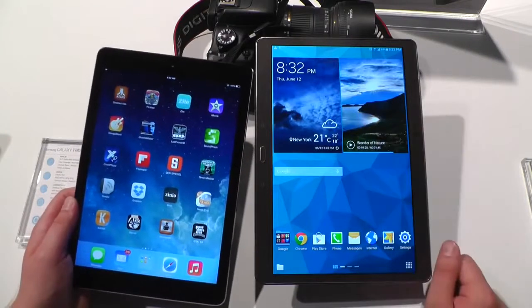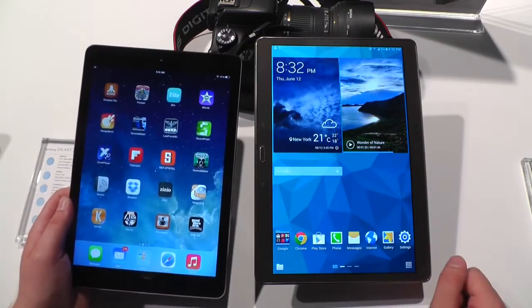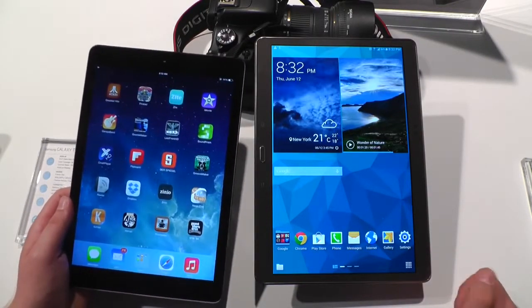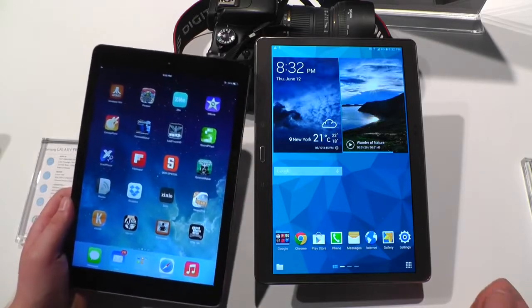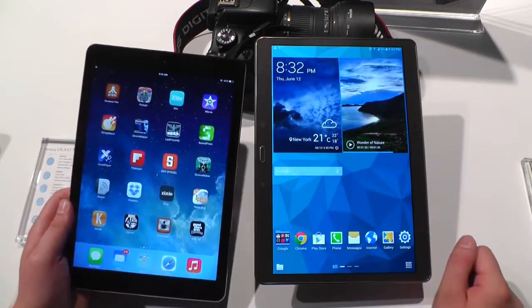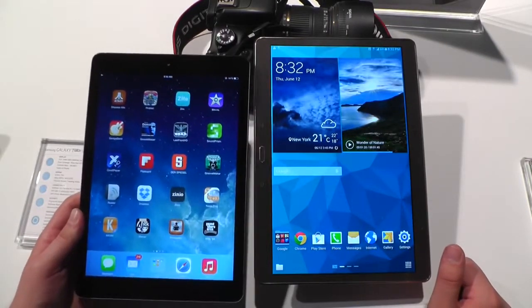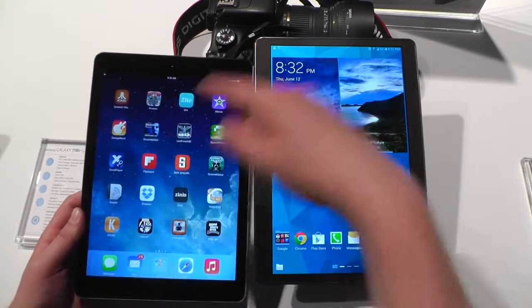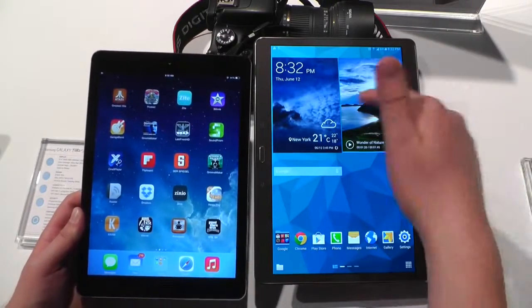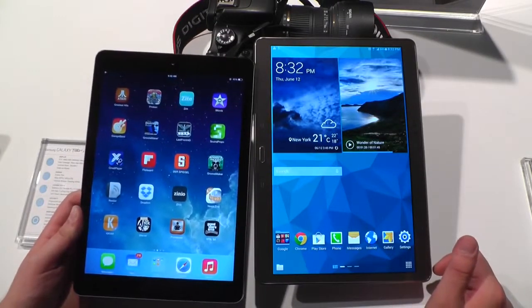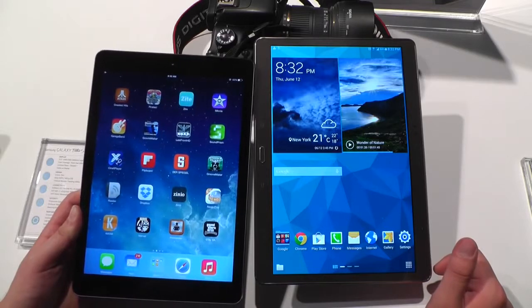First of all, one of the big differences is the size of the display. Well, maybe not that big, but there's a difference. This one has a 10.5-inch display, and the iPad Air has a 9.7-inch display. The resolution is pretty similar. We've got the standard Retina resolution on the iPad Air, and the Galaxy Tab S 10.5 has a resolution of